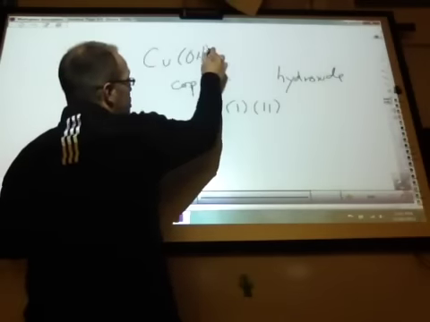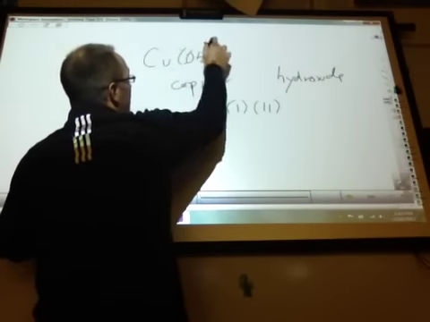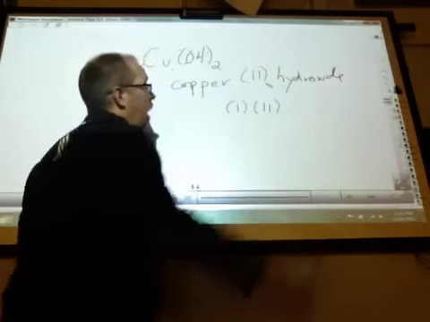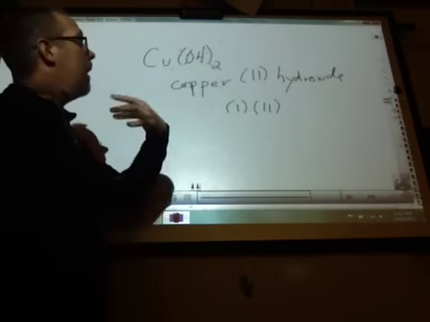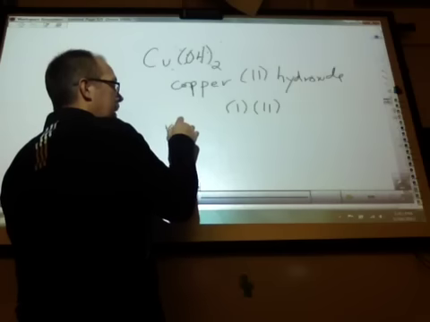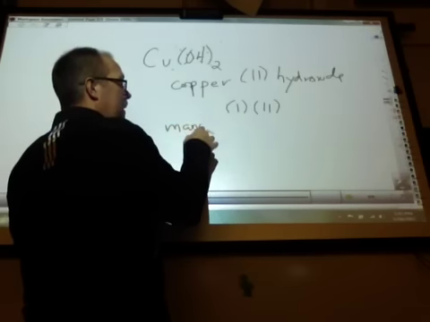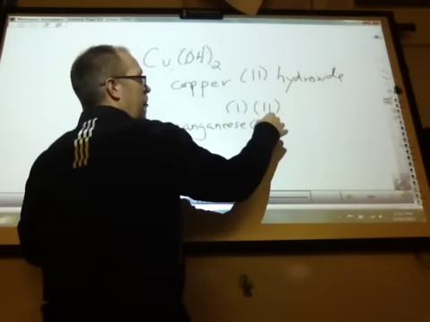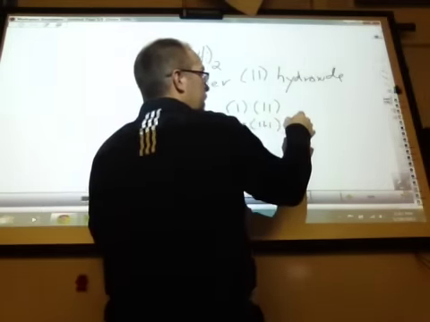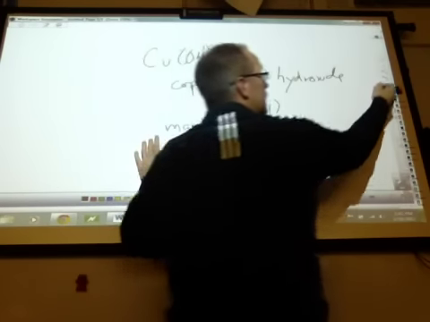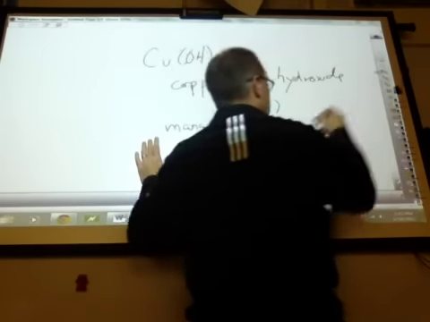We reverse that charge there, put that 2 there and that 1 there, and recognize that copper 2 hydroxide is technically what's there. On the flip side, if someone were to give you a name, like let's say manganese 3 carbonate, okay? Carbonate,